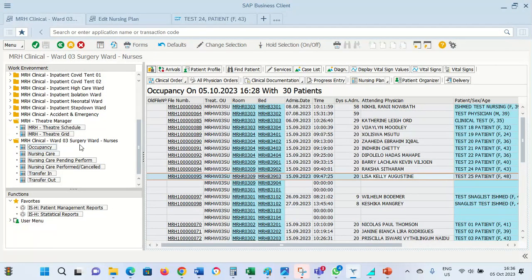environment. Under the clinical work environment, click on occupancy, and highlight the patient first. The reason we are highlighting the patient first is so that when we go to the nursing care pending perform, which is where we're going to execute our nursing plan, we'll only be able to see the nursing plans that are for that particular patient only. If we don't highlight the patient, it will mean that when we go to the nursing care pending perform, we'll